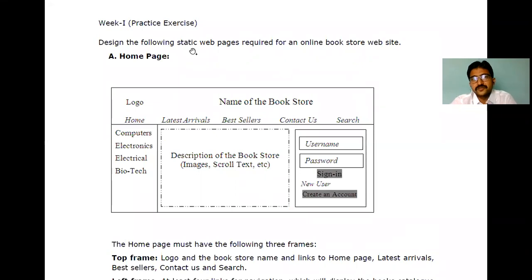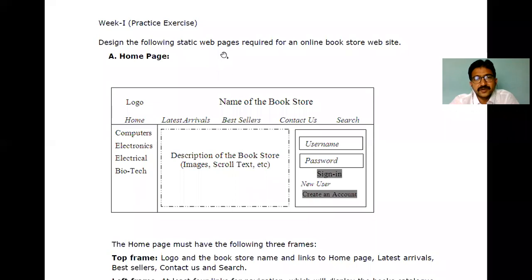So we have two types of web pages. One is static, another is dynamic. When we call something dynamic, it means it is more interactive, like the Amazon website, Facebook, or some other things. It is dynamic in nature because you are giving inputs in parallel. Online shopping, internet banking, all such types of pages come under dynamic web pages. Now these are the static web pages.